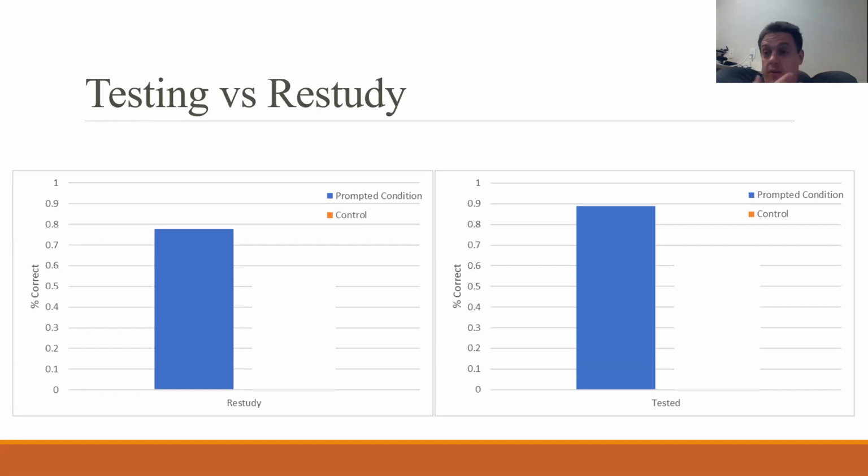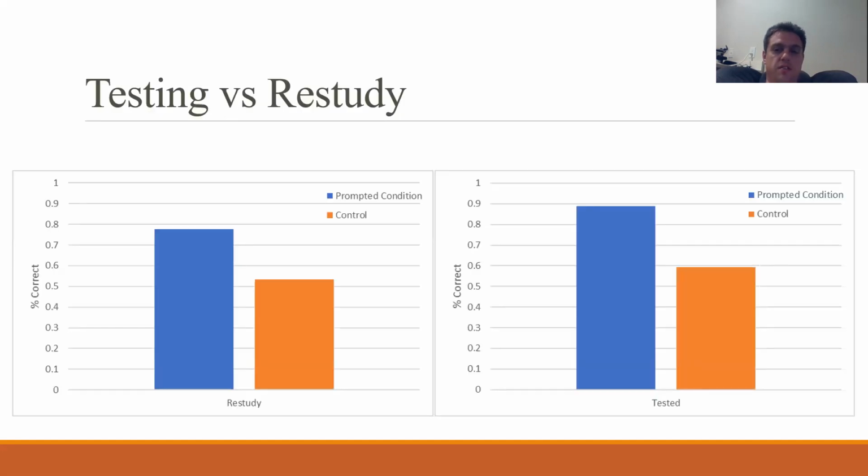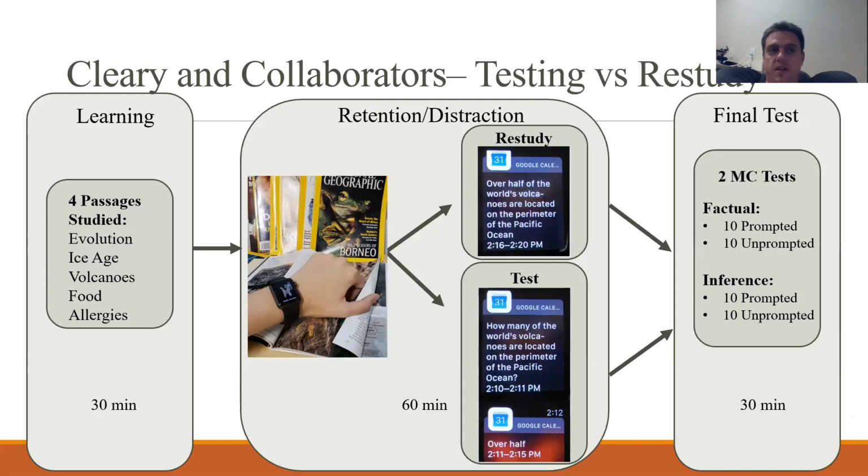So remember back to Roediger and Karpicke, testing effects: the longer the delay between the practice test, the retrieval attempt, and the final test, the testing effect tends to get better, right? Well, that's another thing we were looking at. So if you did this, but then the final test was a week later, would that be better than if the test was a day later, whatever it might be?